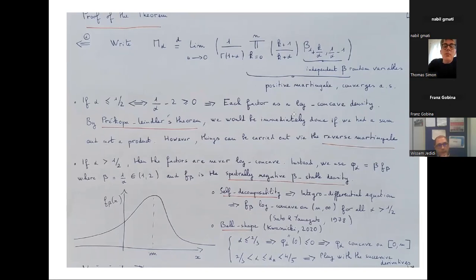So you get what you want, and it is not difficult provided you have Kwaśnicki's result. But then things become more intricate when alpha is strictly greater than 2/3. And so I skip the proof, which is a bit technical, and which uses, again, the bell shape, but at higher levels, more precisely at level 3 and level 4. And this is what I was mentioning at the beginning, the fact that the critical parameter is smaller than 4/5 is absolutely crucial, because if it were greater than that, the argument would not work. All right. So I can go to the next slide.